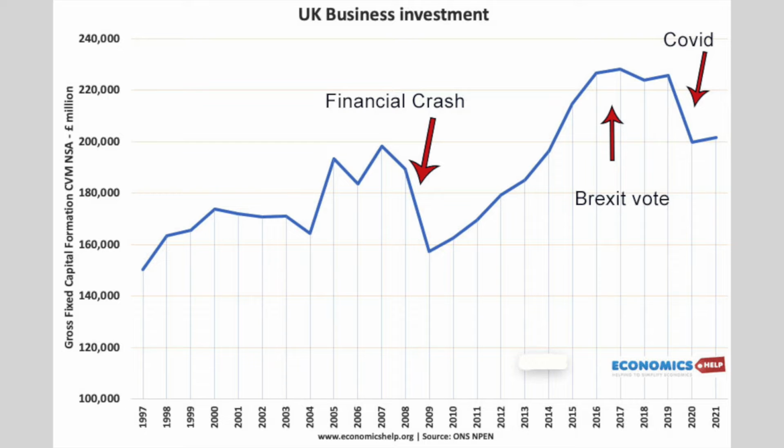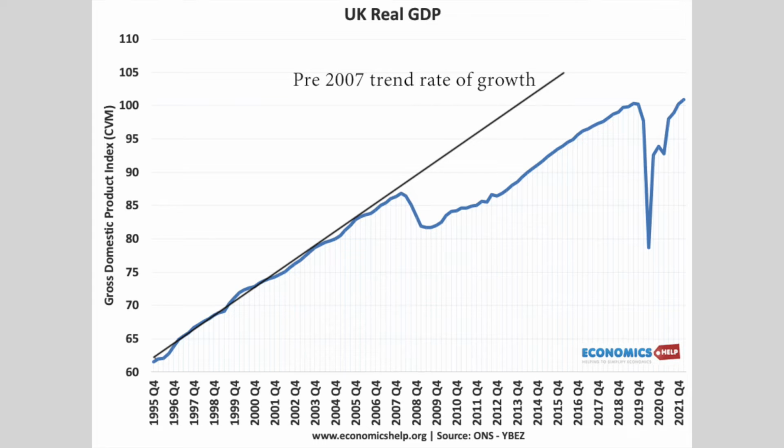Why has the UK had poor productivity? Well, quite a few reasons have been put forward, but certainly a lack of investment in new technology, a short-term approach to business, a short-term approach by the government to public sector infrastructure has led to an unwillingness to invest in new technologies that's leaving the UK economy behind. And this has been exacerbated by COVID disruptions, but the problem of productivity goes back before COVID and even before the Brexit vote. And as a consequence of this poor productivity, we have very low economic growth and well below that trend rate of growth we used to have.